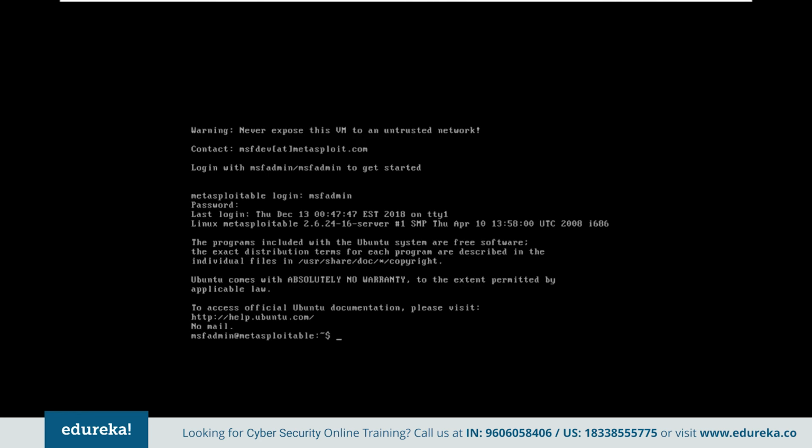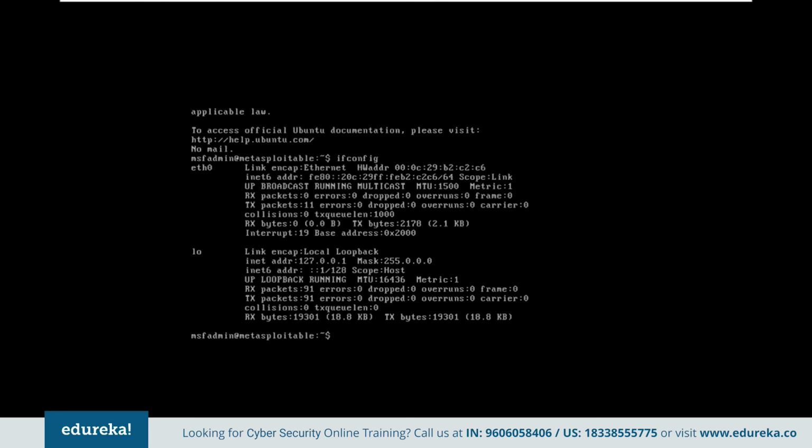So let me just check for the IP address with ifconfig. As you can see right now, it's connected to Ethernet. It doesn't have a proper IP address, right? As you can see in the second line under the eth0 network card. So we'll have to assign an IP address which is in the same range as that of Kali Linux. I'm doing this because, as you can see, when I just started Metasploitable 2, I used msfadmin to log in and the same for the password. Here, I actually know the password and username. But anyway, using the Kali Linux Medusa tool, we'll be trying to crack the msfadmin password and username.